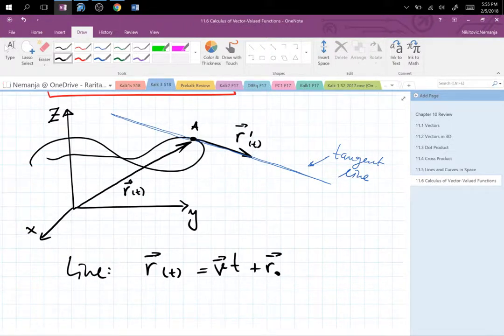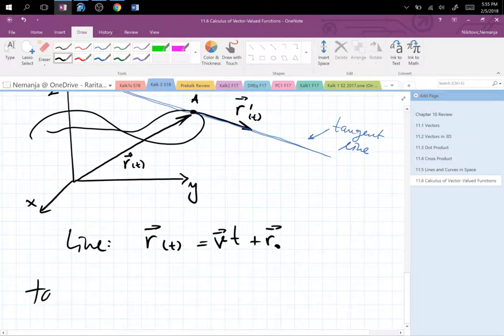You know it as y equals mx plus b for your 2D case. If you want to go 3D, 4D, 7D, this is the vector form of it. Vector r is going to be replaced by x, y, z, and however many dimensions you need. And then r0 is the point through which it goes. And this vector v was that a, b, c, the direction vector. I called it a slope vector. Right? Well, now, to get the tangent line,